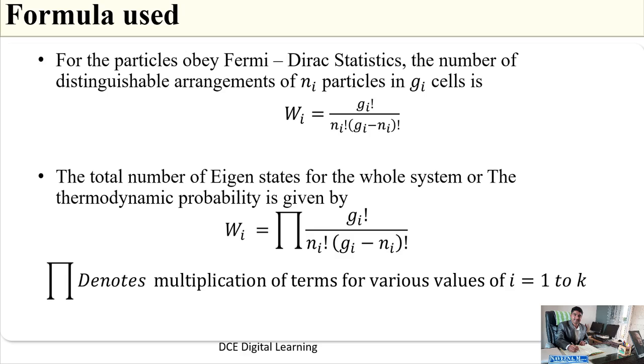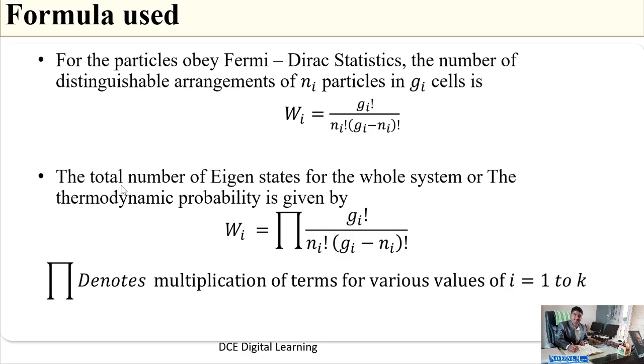Here once again I am recalling the formula which we have already learnt and which is required for today's session. For particles obeying Fermi-Dirac statistics, the number of distinguishable arrangements for Ni particles in Gi cells is given by Wi equals Gi factorial divided by Ni factorial into (Gi minus Ni) factorial. Here Ni is the number of particles in the ith energy level, Gi is the number of cells in the